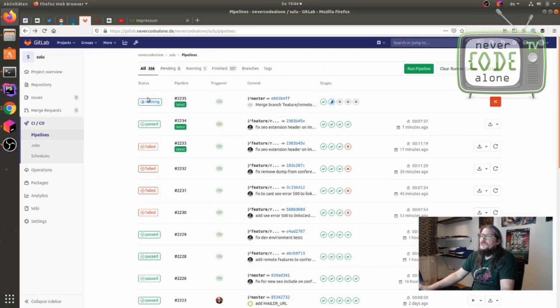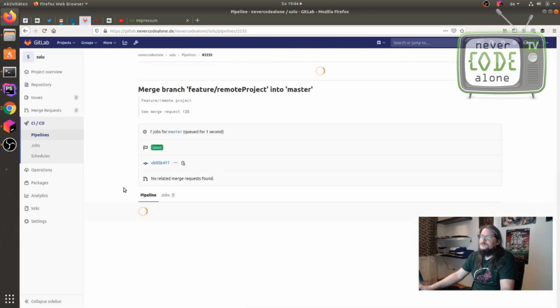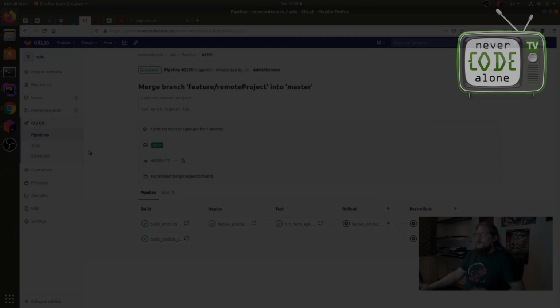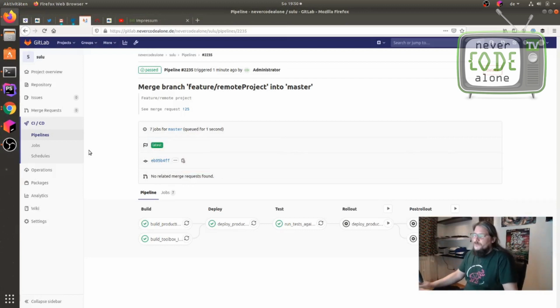Now the live system. Building the containers, deploy the containers. We don't need the static code analyze here, but I want to test my front end. So we have here also the front end tests. And for now I make a break and we wait till we are there. So here we are, short before live.